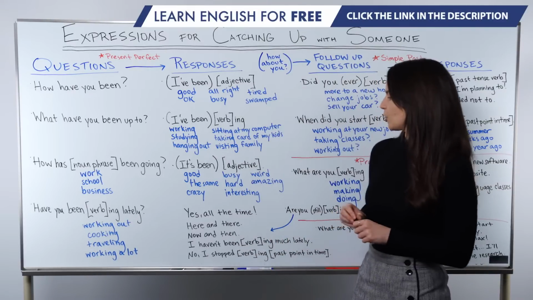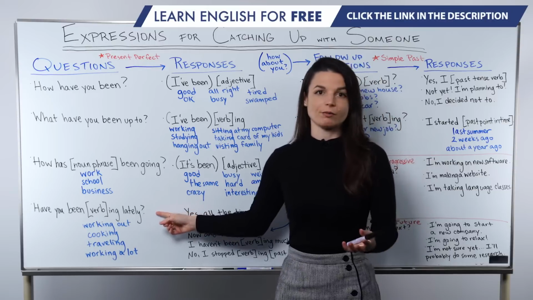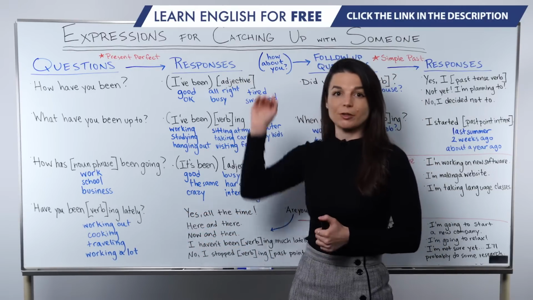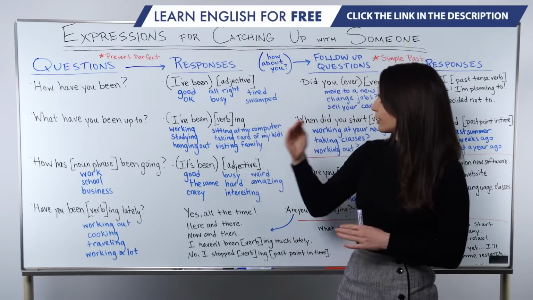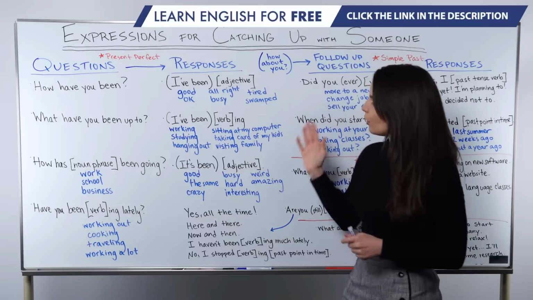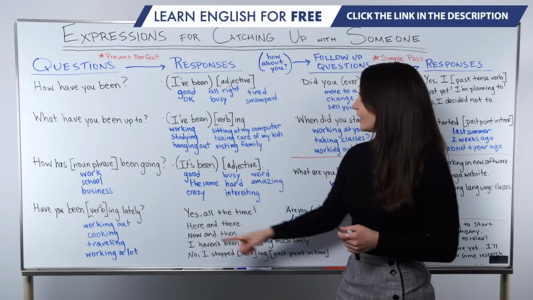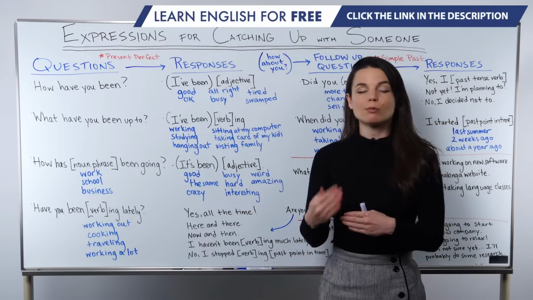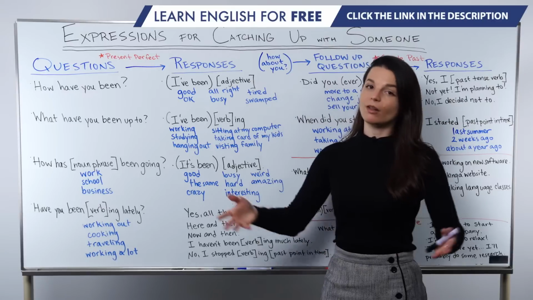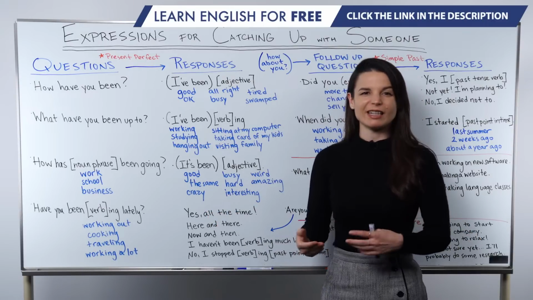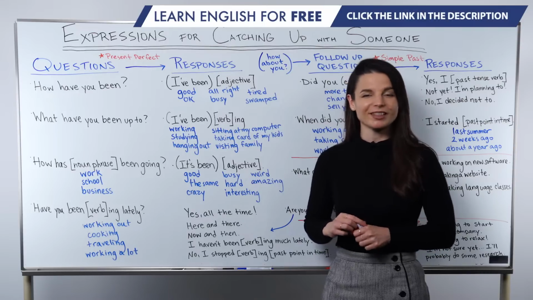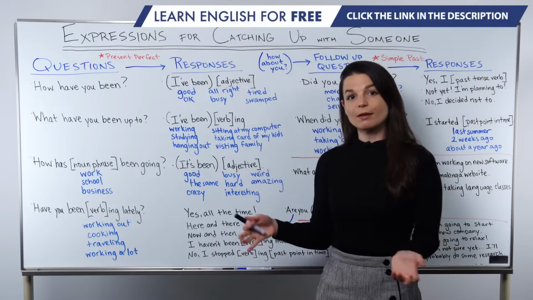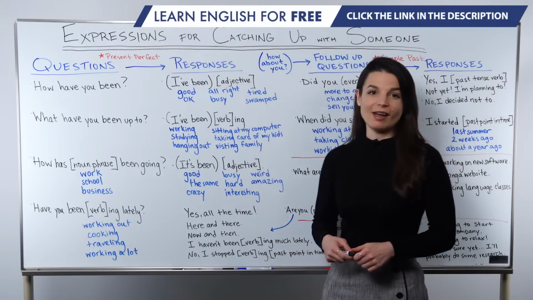So to respond to this, what should we say? This is a yes or no question, right? So we can respond with yes, a little bit, and no, and the different spectrum. There are different types of answers we can use here. So have you been working out lately? For example, yes, all the time. So all the time, this is something that we use to mean yes, very often. But all the time sounds more casual and more friendly than yes, often. Often sounds a little formal here. Or you could say here and there, which is a casual way to say sometimes. Same thing with now and then.